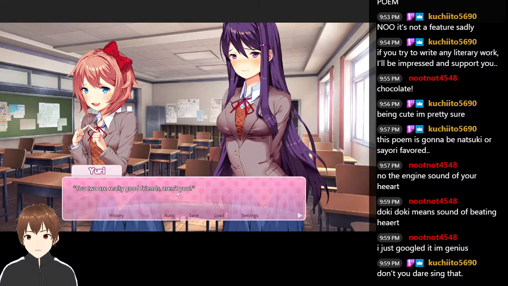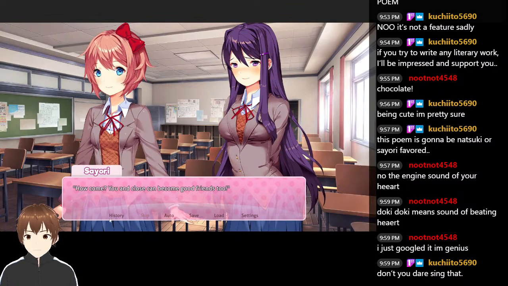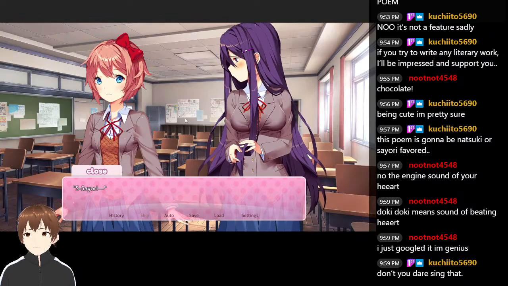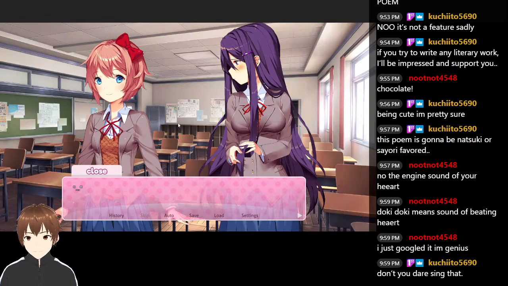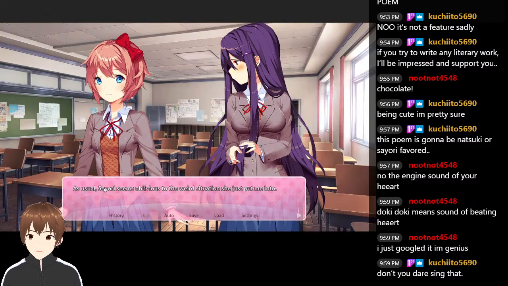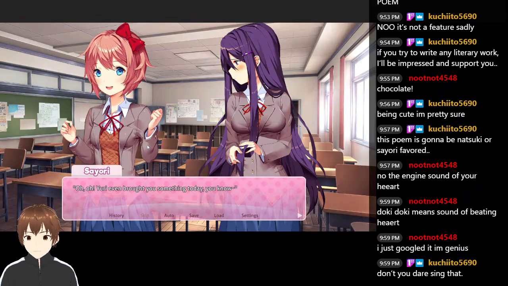You two are really good friends, aren't you? I might be a little jealous. How come? You and Close can be good friends too. Um, Sayori. Hmm? Dot dot dot. As usual, Sayori is oblivious to the weird situation she puts me into. I don't think she is. I really don't think she is. Oh, oh,